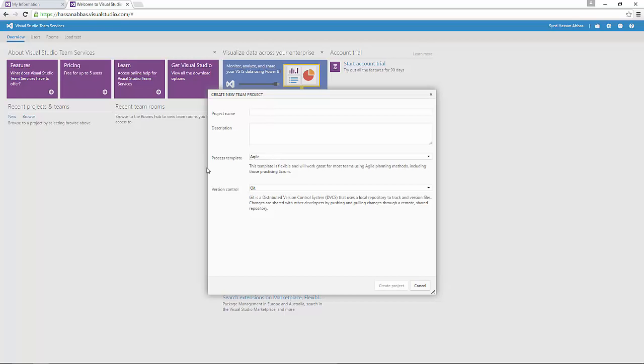And then you need to select the process template, which for this course, which is about project management and work item tracking, is more relevant. It will impact your work items. We'll discuss what a work item is later, but it will change the process. So if you are following Agile methodology or a Scrum methodology or Scrum framework very strictly,